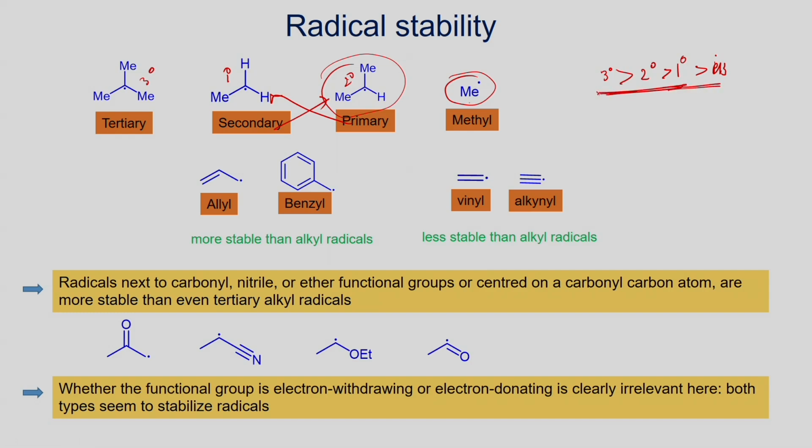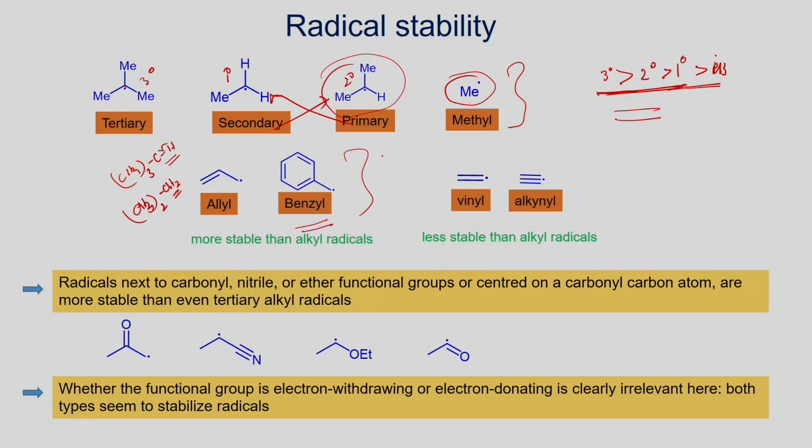This is because you can see here, this bond is much weaker than this CH bond, therefore it can be easily cleaved. This radical can be stabilized as you have the methyl group, and so this is the stability of the radical. And when you compare the stability of the alkyl radical with this allyl or benzyl radical, they are more stable.